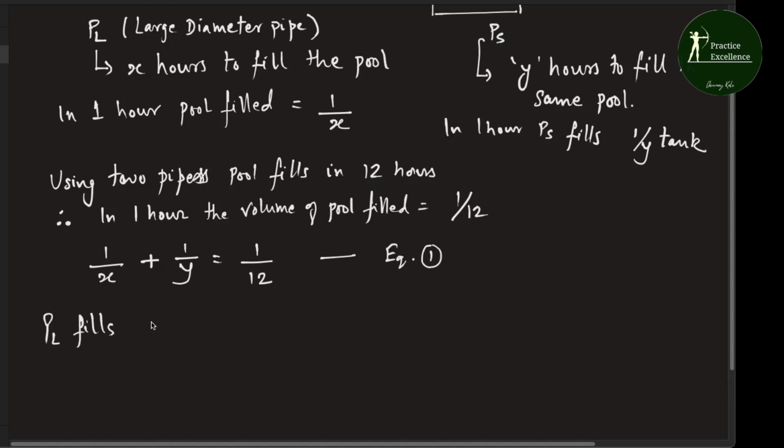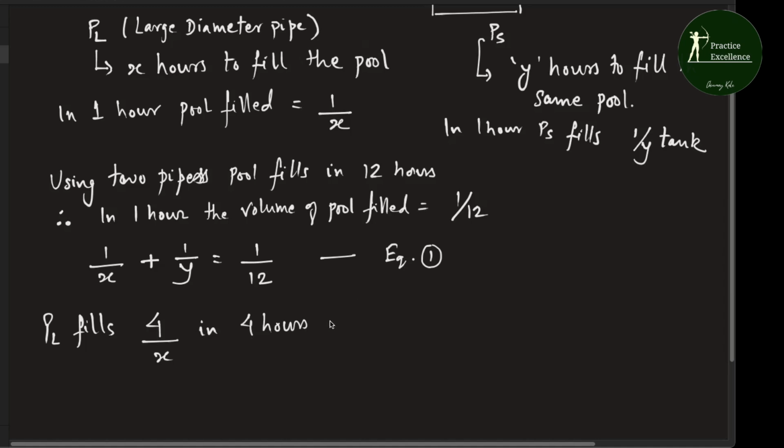In 1 hour 1/x, so 1/x into 4, right? 4 by x. PL fills 4/x in 4 hours. Why? Because in 1 hour it fills 1/x, so in 4 hours, 4 into 1/x,